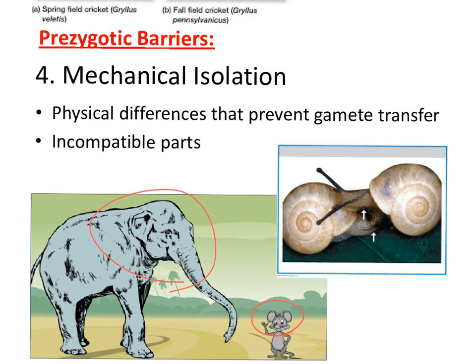A little bit less extreme and more realistic is like these snails here. The snail shell is three-dimensional, so this is kind of like coming out towards you, right? It's a three-dimensional shell. And then this one is also three-dimensional. So the shells have to align in a certain way so that these snails can get their bodies physically close enough that the male can inject the sperm into the female. If the swirling patterns don't allow the snails to get physically close enough, they won't be able to mate.